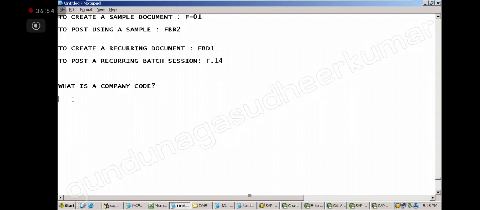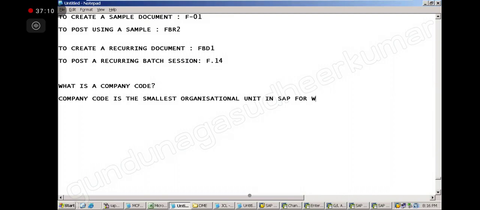Company code is the smallest organizational unit in SAP for which a separate set of financial statements can be generated.